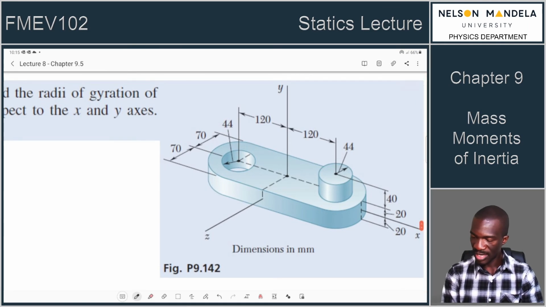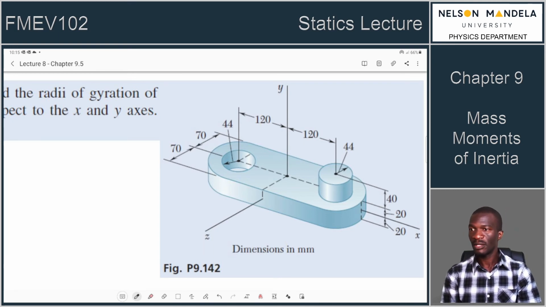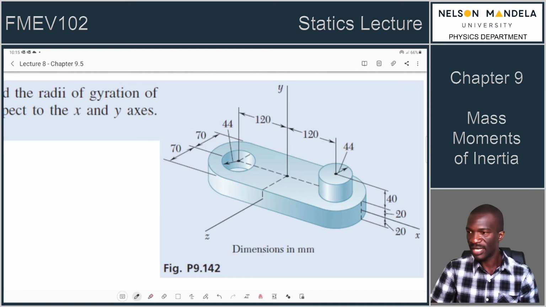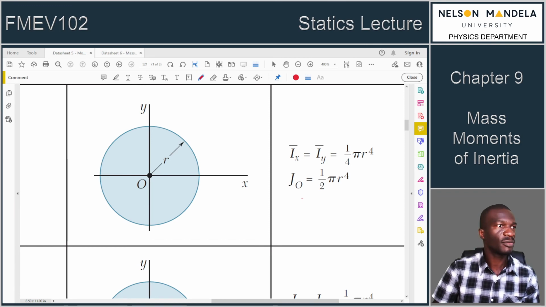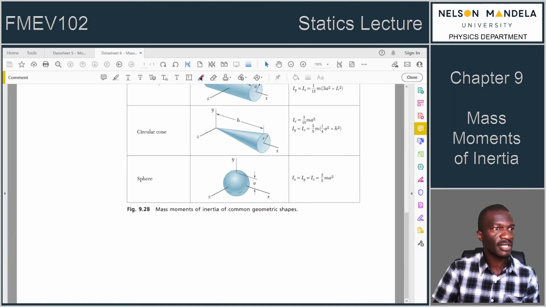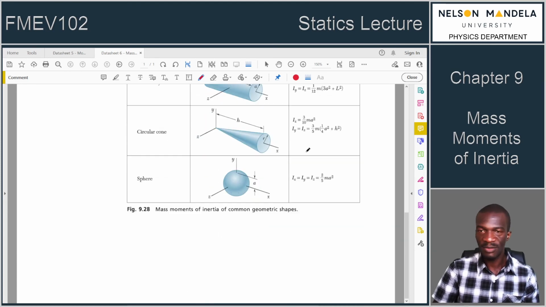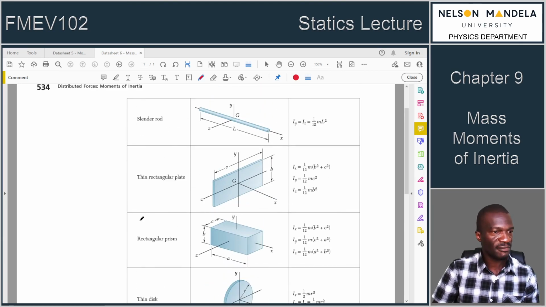Okay, so we need to demarcate this object into different geometries, because what we have in our tables, we don't have that kind of a geometry. It's just one geometry. This is our table 9.28. That's the label there. So if you look at the geometries here, we don't have something like what we had in our question. What we have is some portion, a rectangular prism,